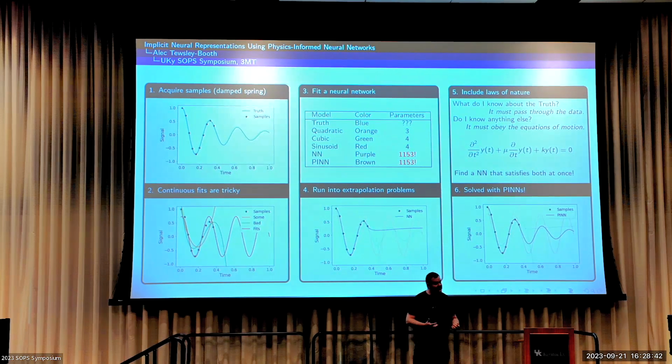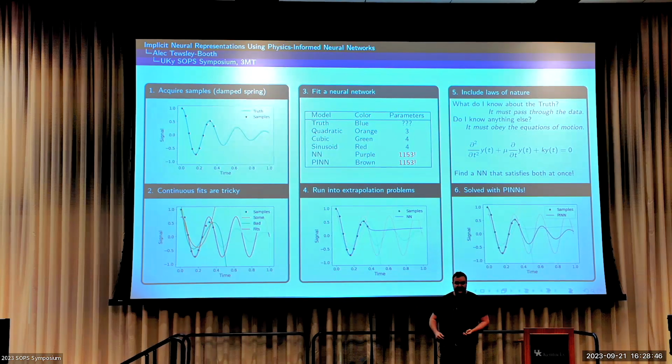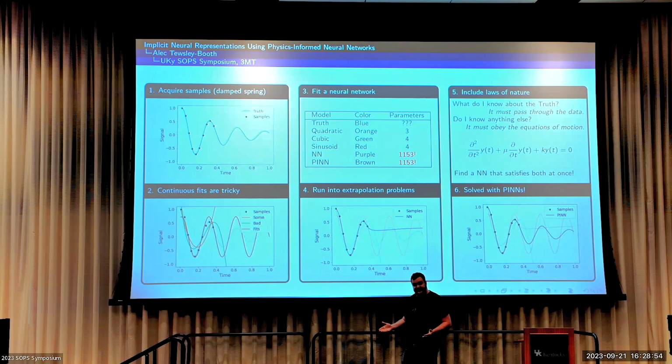Now, suppose I want to know the position at any time. With discrete measurements, this can be complicated. For example, what if I took a measurement at t equals 0 and another measurement at t equals 1, but I want to know the position at t equals 1/2? Or what if I want to know the velocity of the ball, which is defined as the derivative of the position? I'd have to use a low precision discrete approximation.